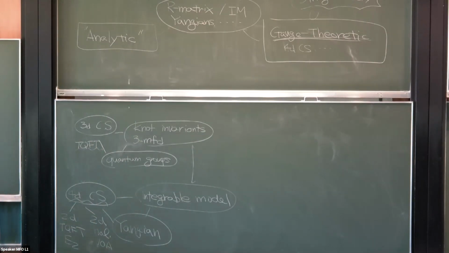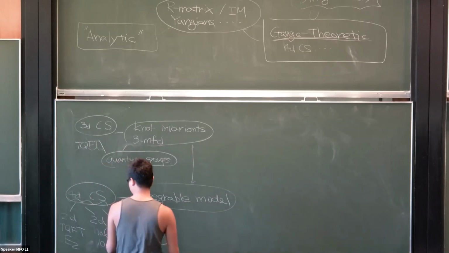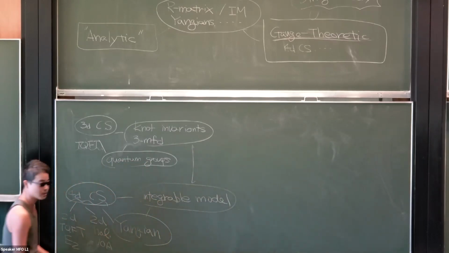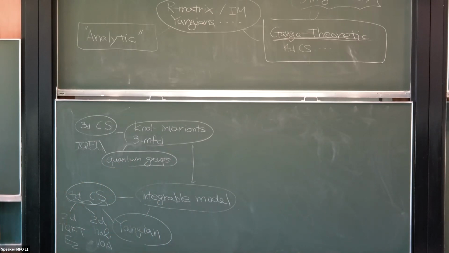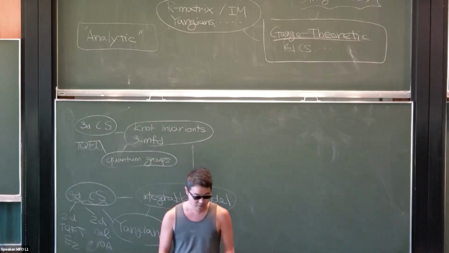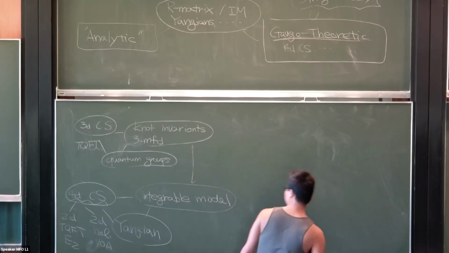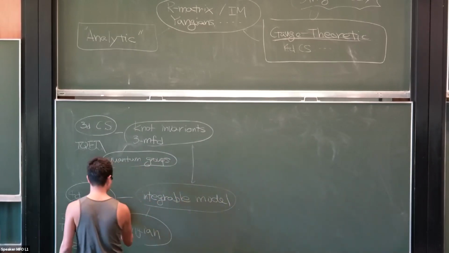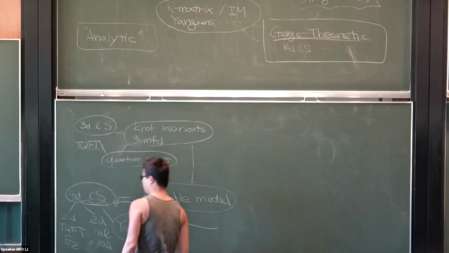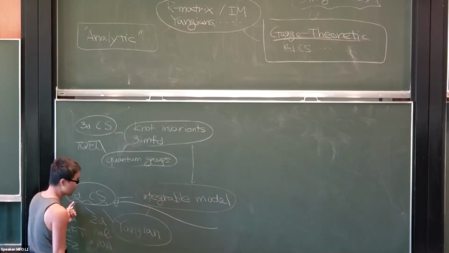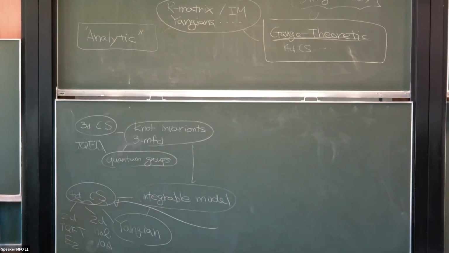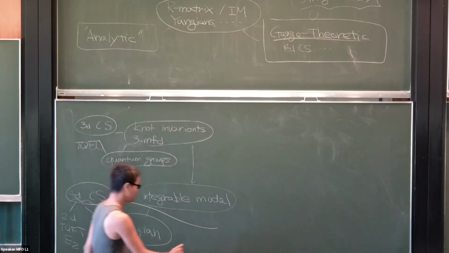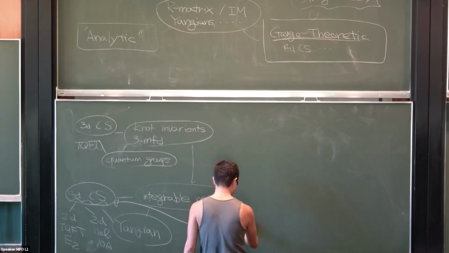And one of the approaches to this 4D Chern-Simons theory taken so far is to analyze this model using a perturbative expansion. So this is a 4D quantum field theory, and in quantum field theory there is an h-bar expansion. And what we are going to do here is the perturbative expansion.